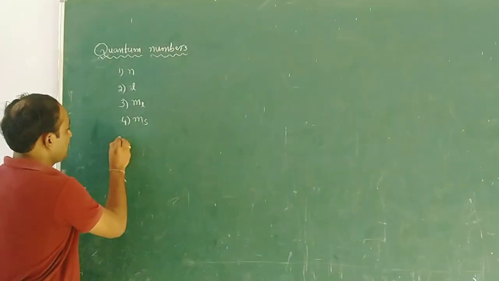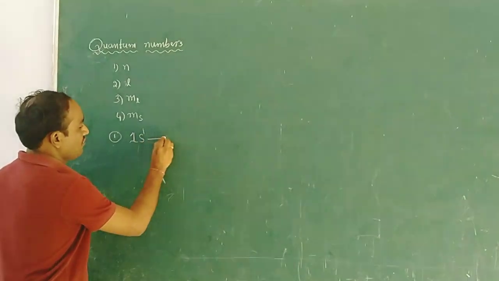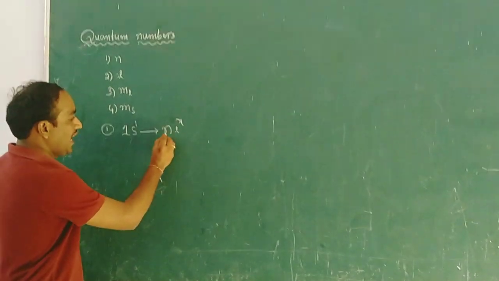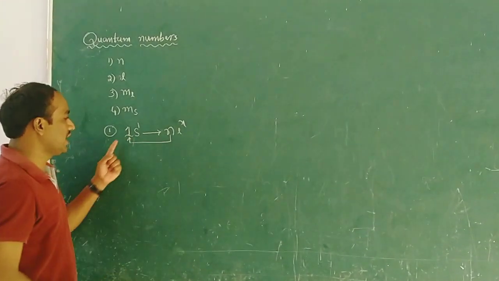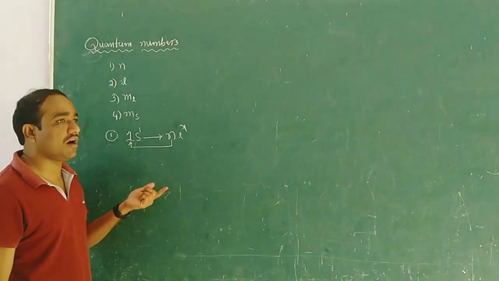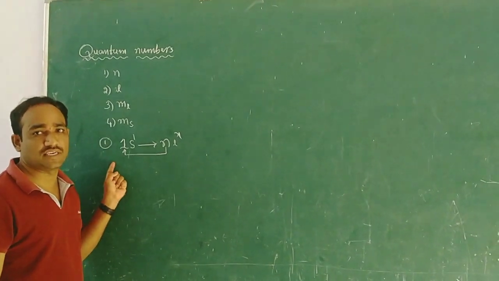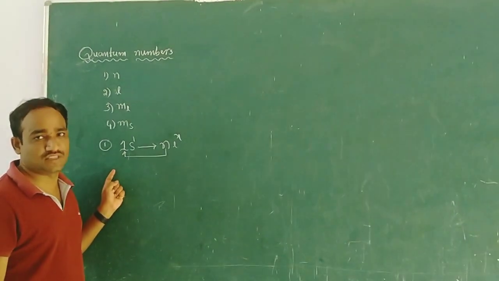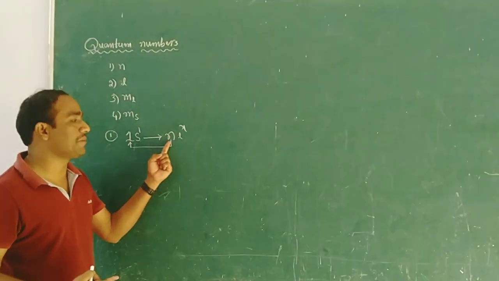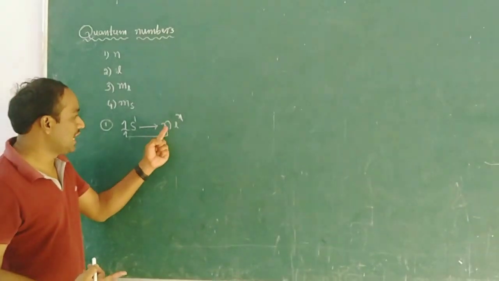The first one is: given the electronic configuration, we compare it with the nlx method. From this, n is equal to, we know, 1s1. From the n value, here it is represented as 1. If instead of 2s1, n is equal to 3s1, n is equal to 3. 3p1, n is equal to 3. So from the given electronic configuration, we compare with the nlx method, and from this we know the n value.